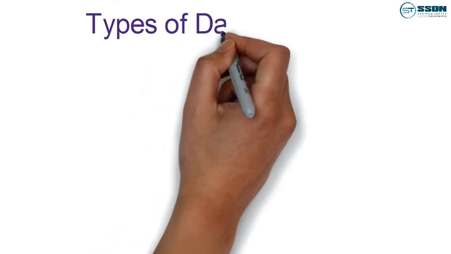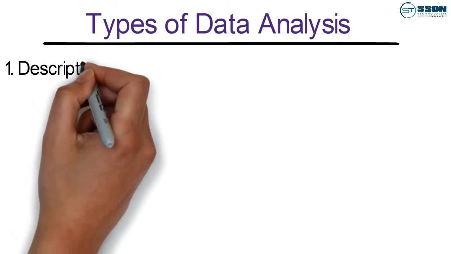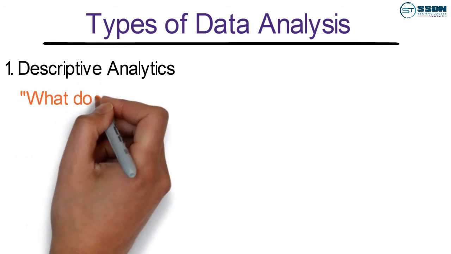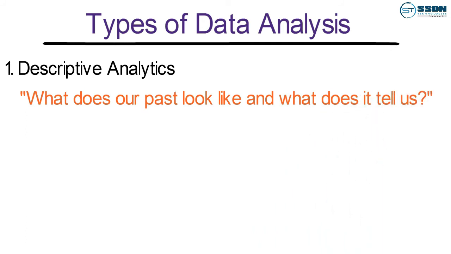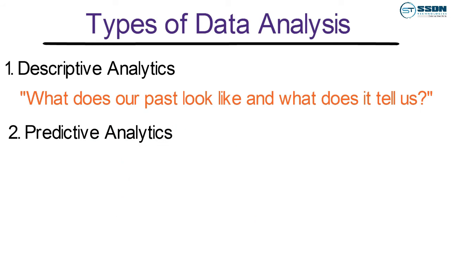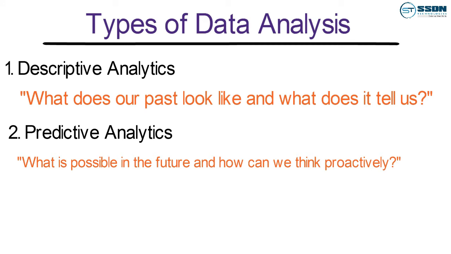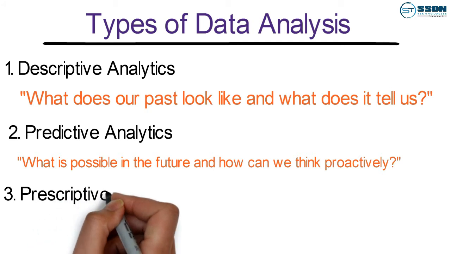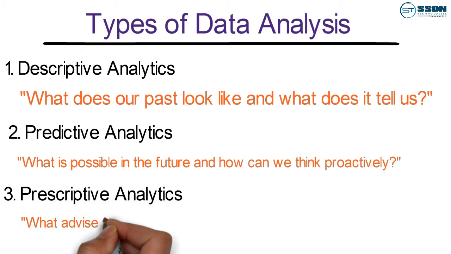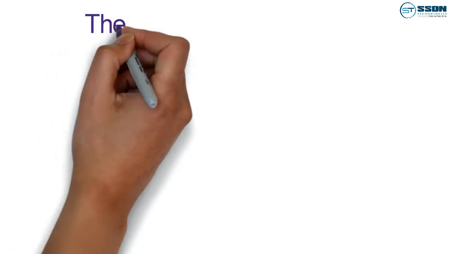The types of data analysis are, first, descriptive analysis. This is what businesses commonly use, as they assess historical data and try to extract the most important trends, occurrences and areas for improvement. Second, predictive analysis. In this, we use the insights provided by descriptive analytics to guide businesses towards efficient predictive analytics to make more sense of the future. Third, prescriptive analytics. This goes beyond the historical insights of descriptive analytics and the possible future outcomes of predictive analytics to provide recommendations of the next step that should be taken.